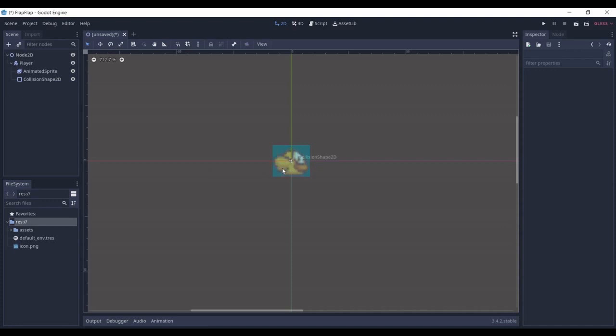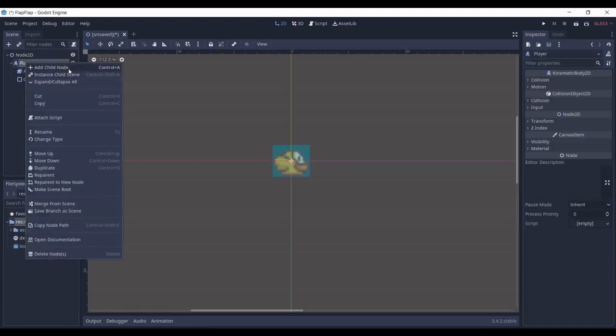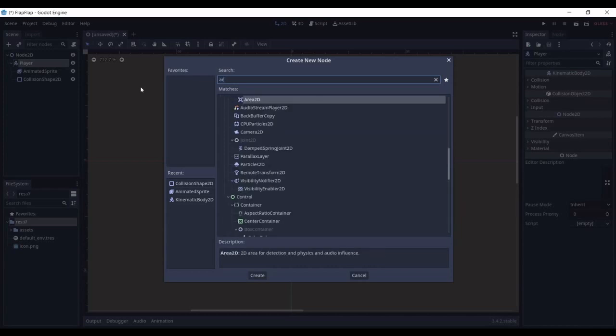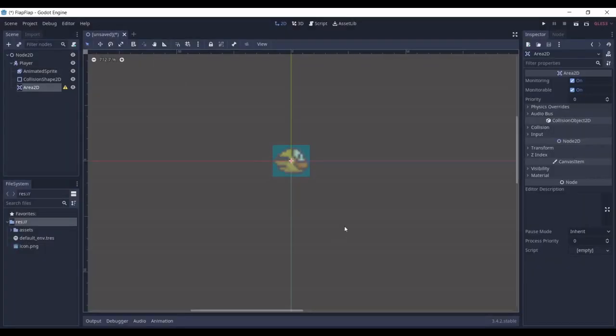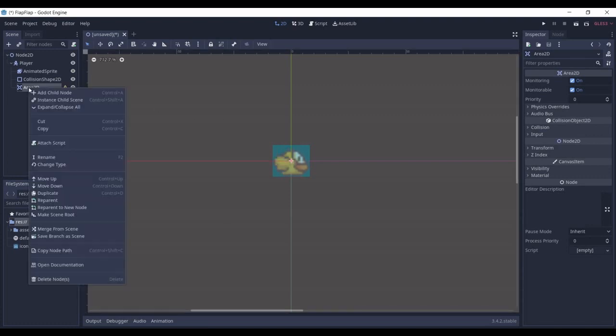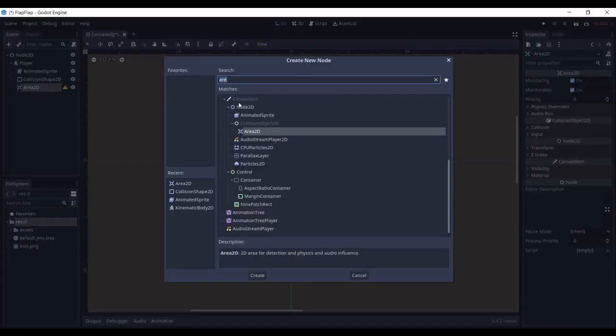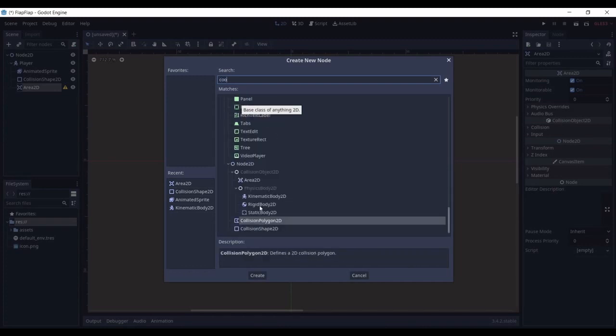Now we'll be adding an Area2D. What is an Area2D? An Area2D is a detection area. When you pass between the pipes, it will increment the score, so it will be detected via the Area2D. An Area2D is basically an area which can detect when a body has entered or exited. As a child of the area, we'll be adding another collision shape